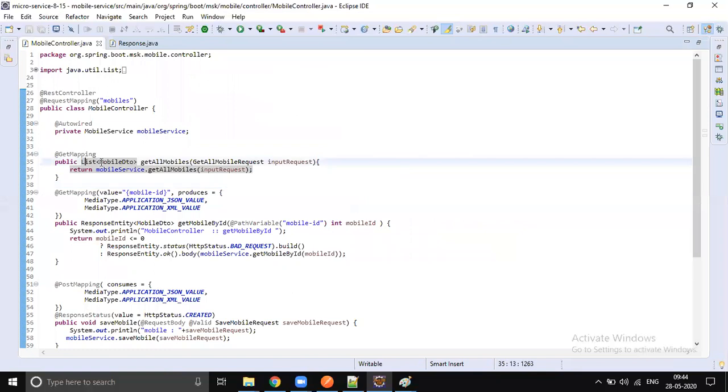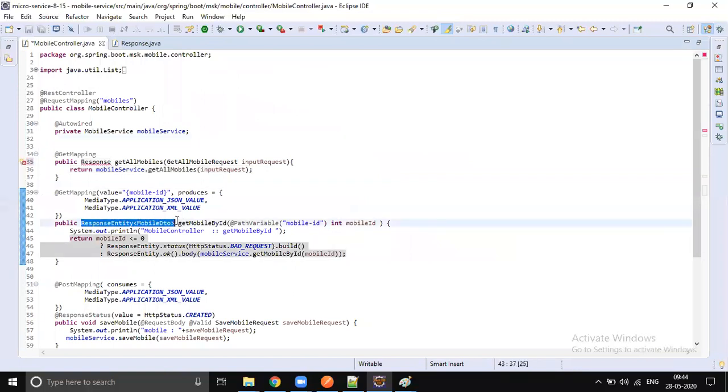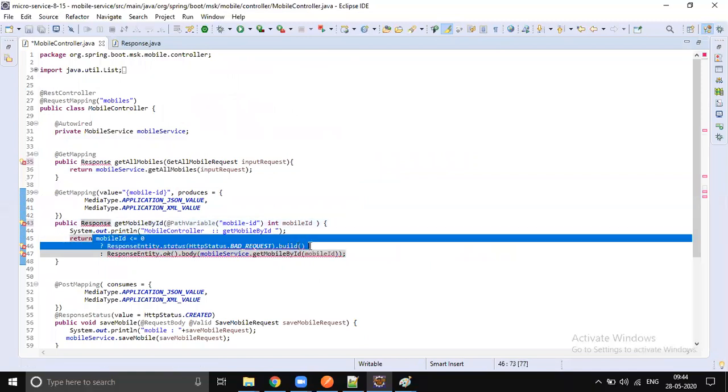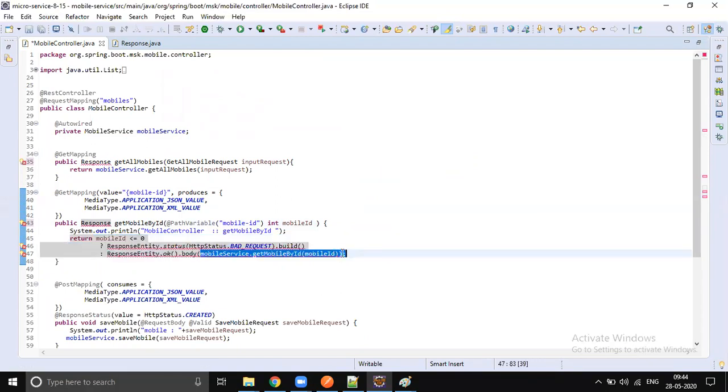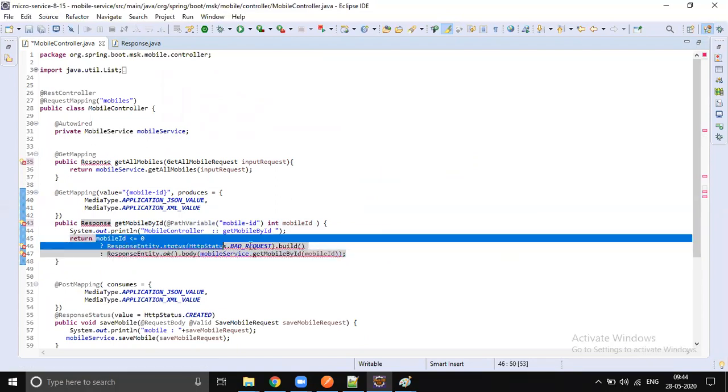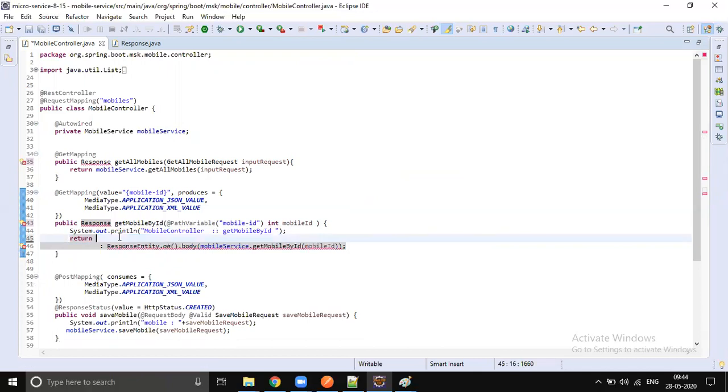We already discussed why we should do this. We already did it in the country service, right? So here also response. You don't need to do any validation like this. Let's directly call mobile service get mobile ID.